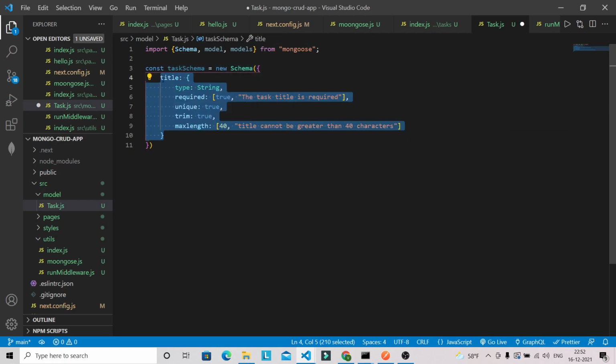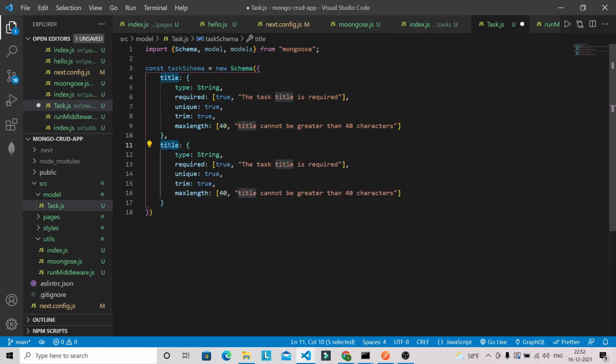And the same thing will go for the description as well. So I'm just going to copy this one and paste it here, and let's change this one from title to description. And the type will be string, it will be required true. Okay, and again you can give the message like task description is required, and it should not be unique.